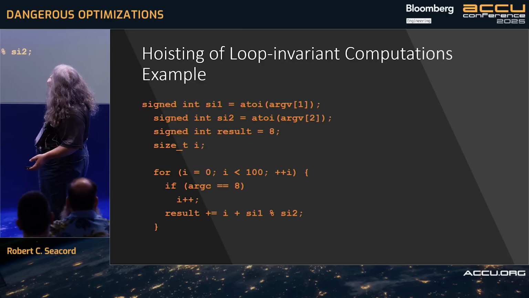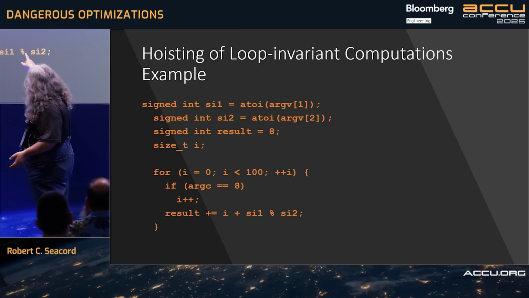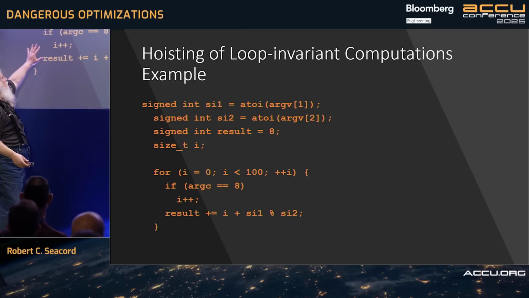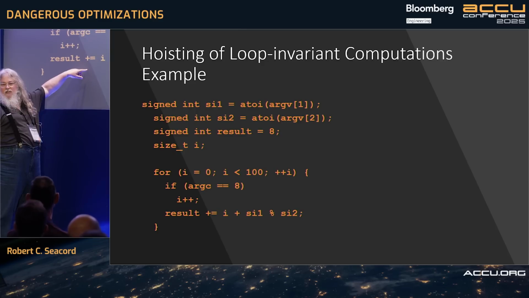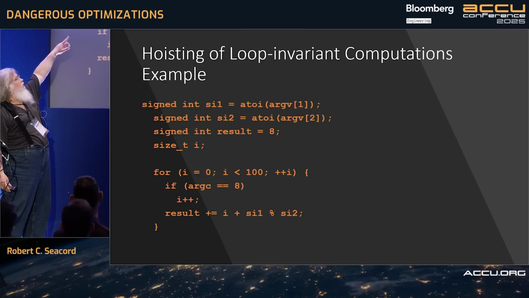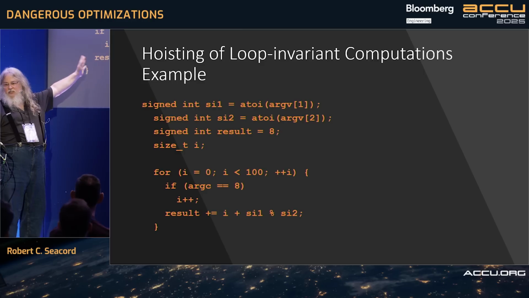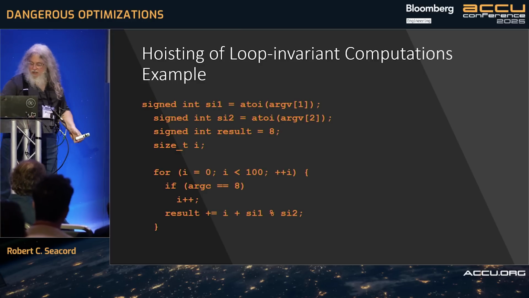And so here, I created the loop, and I had to put this line in to introduce some uncertainty, because if I left this out, it could just figure out what the entire loop was going to produce and just eliminate the loop entirely. And then above, I had to take the arguments from the command line, so it didn't know what they were. Because again, if it knew what it was, it would just constant fold the whole thing, and you wouldn't get to see the behavior.